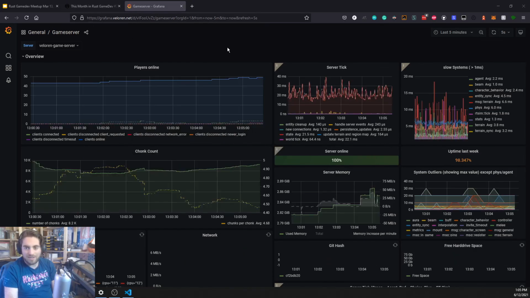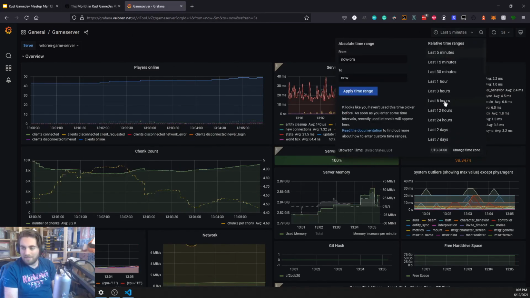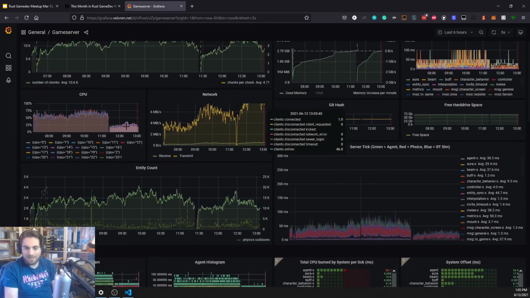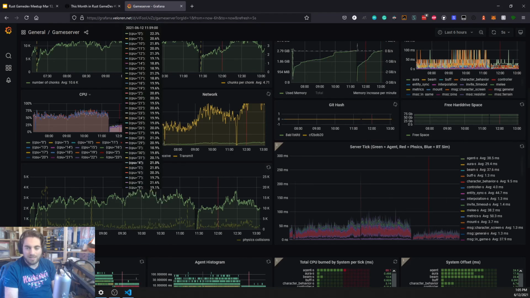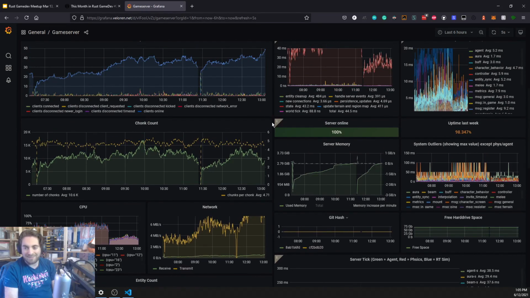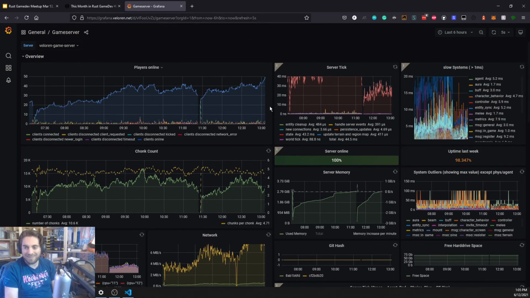Okay, so here's our Grafana, which is public. Anybody can go to it at grafana.veloren.net. But we're currently sitting at 50 players about right before launch, and we have a pretty cool server with 32 CPUs, and so I'll probably be streaming this later, and then we'll be discussing how everything is burning down, because that's the tendency that normally happens during our release parties.